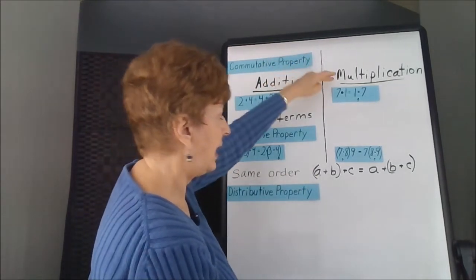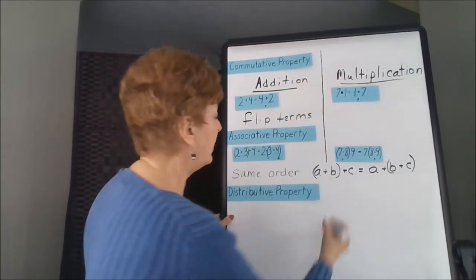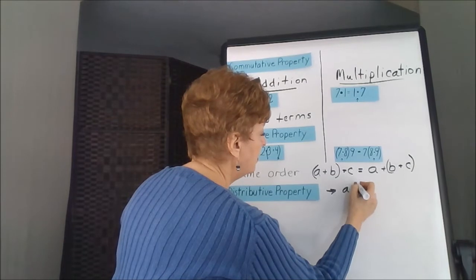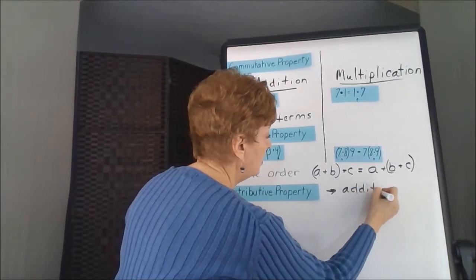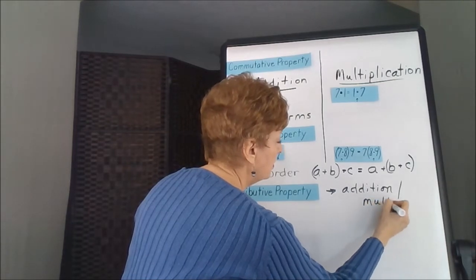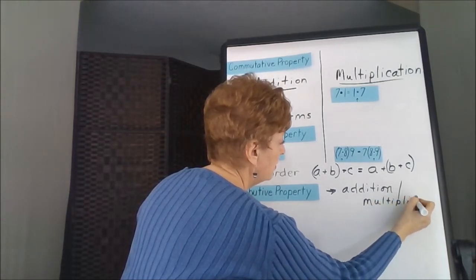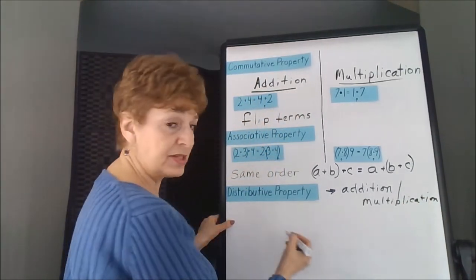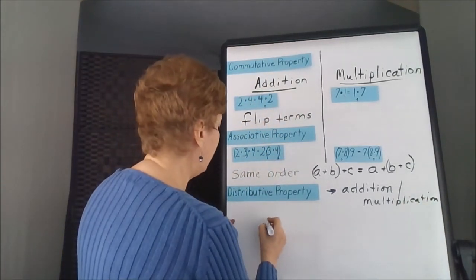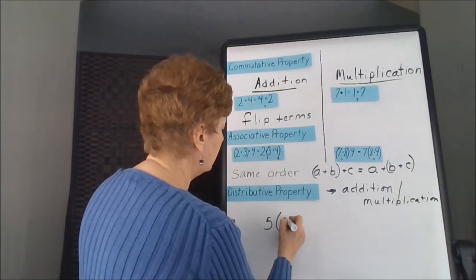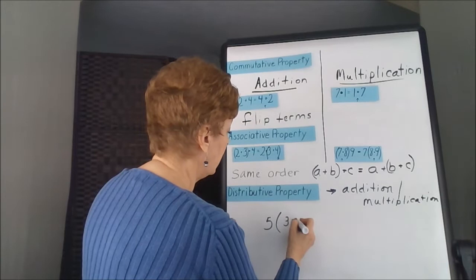This works with addition and multiplication. The distributive property is addition and multiplication. And here's an example for you. If you have like 5 times the quantity, let's say 3 plus 8,